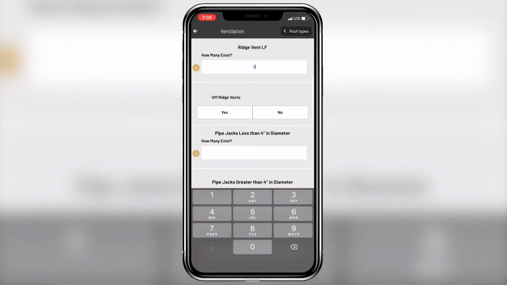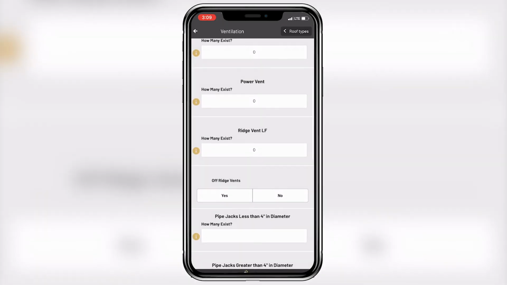Once you get down to off-ridge vents, what we are referring to when we ask for those is essentially any sort of passive attic ventilation for intake or exhaust that is not your standard turtle vent, power vent, whirlybird, or ridge vent. So these are going to be your O'Hagan vents. They're going to be your 8-foot long, large metal intake vents towards the eave line. Any of those unusual, out of the norm scenarios where you've got these unusual vents up on your roof, count them if they exist and make sure to take good photos so that way we can properly add them into